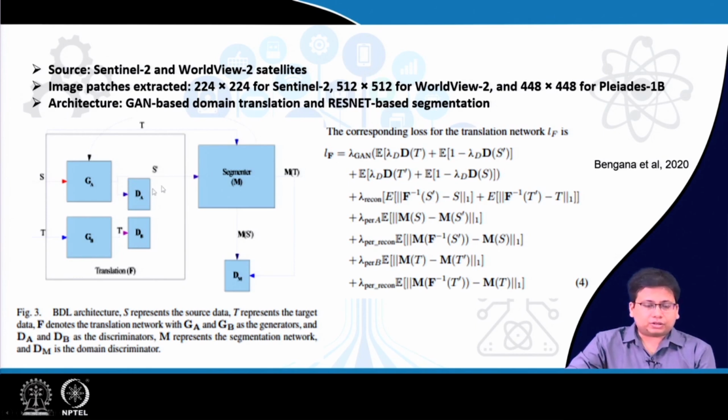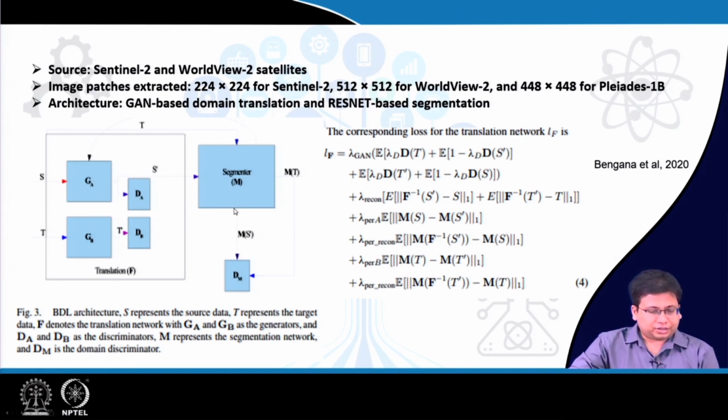Using pretty much the same idea, the source domain images are mapped to the target domain images in such a way that the discriminator is unable to distinguish between them. That is the translation part, and then this translated data is passed on to the segmenter, which is based on the concept of ResNet, that is basically a network with residuals, with skip connections and so on, and finally we get